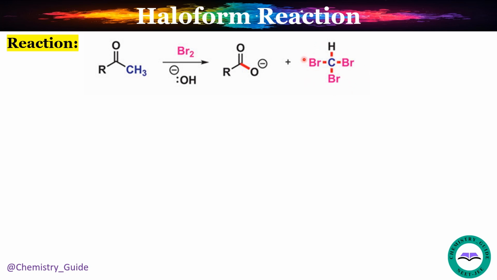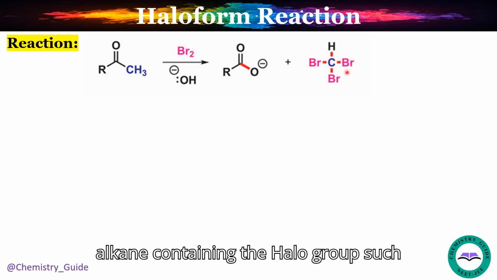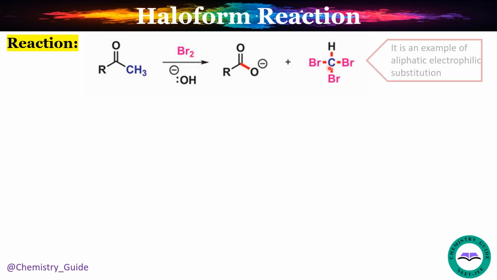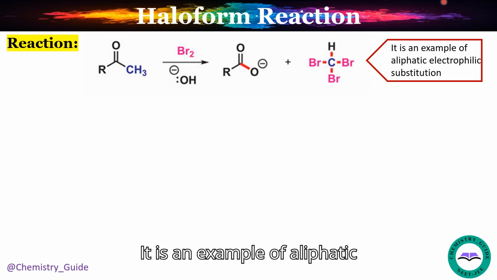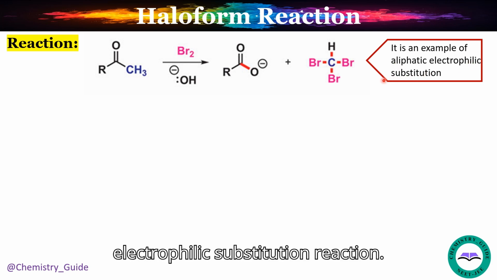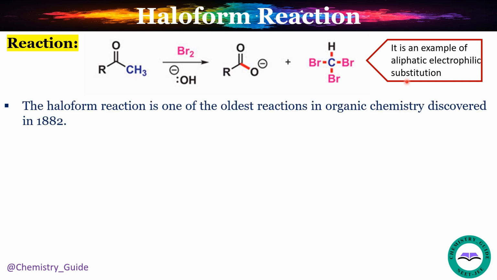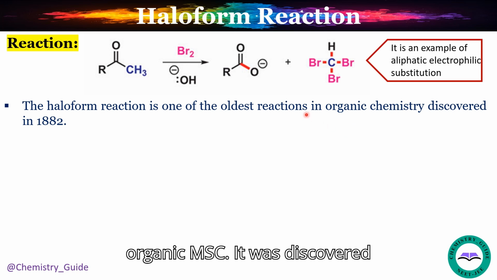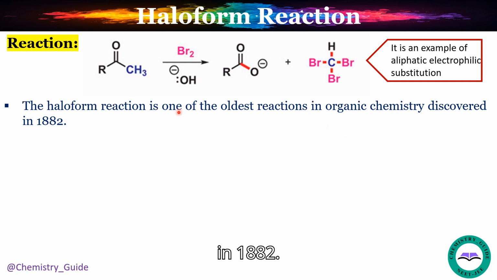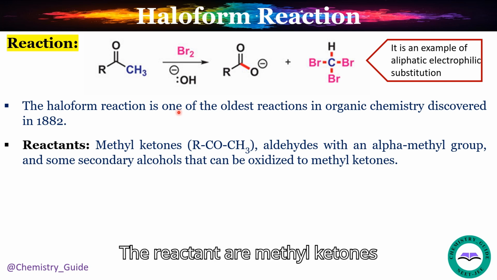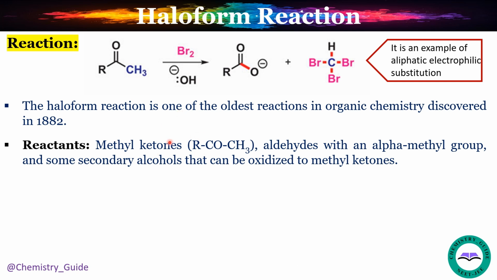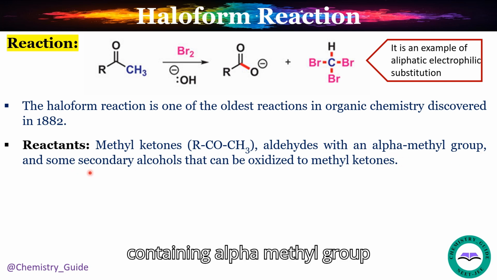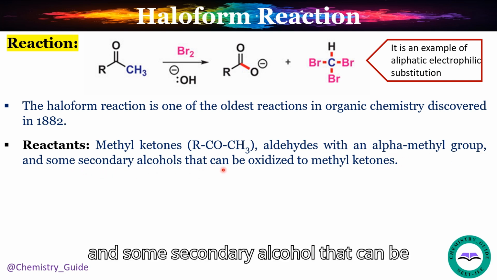Haloforms are nothing but alkanes containing three halo groups such as bromine, chlorine or iodine. It is an example of an aliphatic electrophilic substitution reaction. It is one of the oldest reactions in organic chemistry. It was discovered in 1882. The reactants are methyl ketones or methyl aldehydes containing an alpha methyl group, and some secondary alcohols that can be